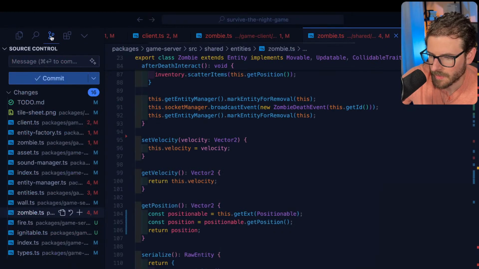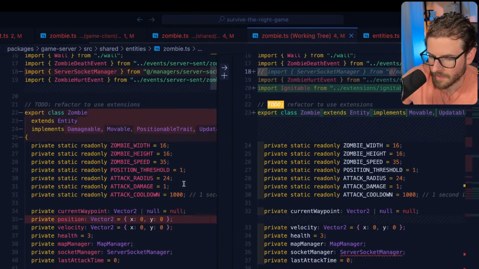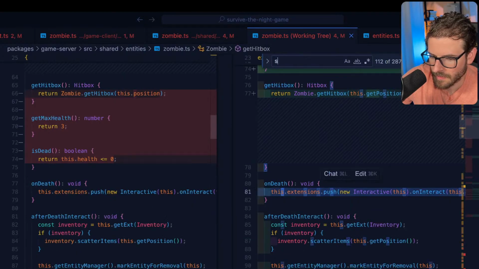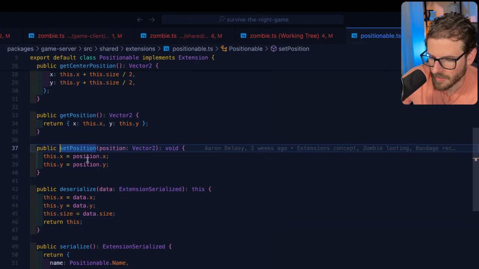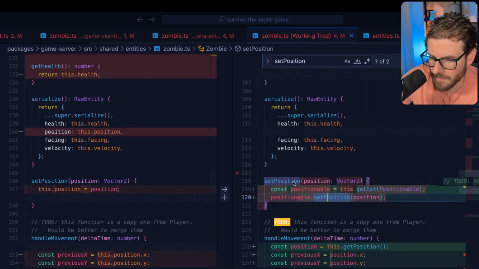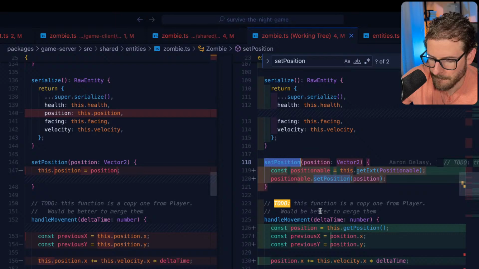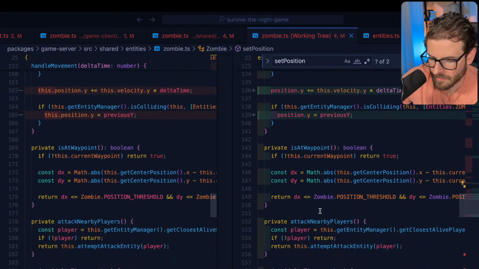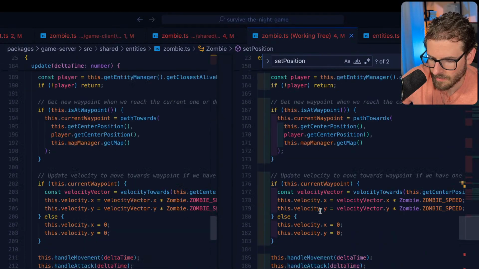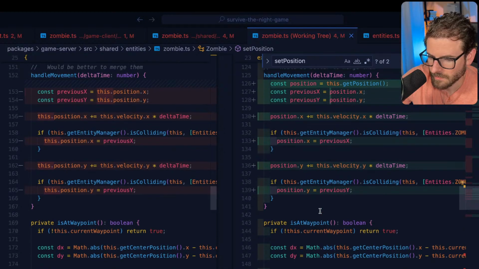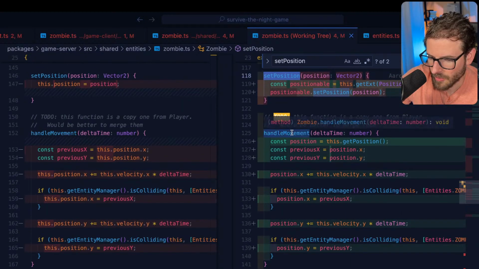Yeah, I probably messed something up here. Set position calls get extension. That calls set position here. X and a Y. Handle movement.